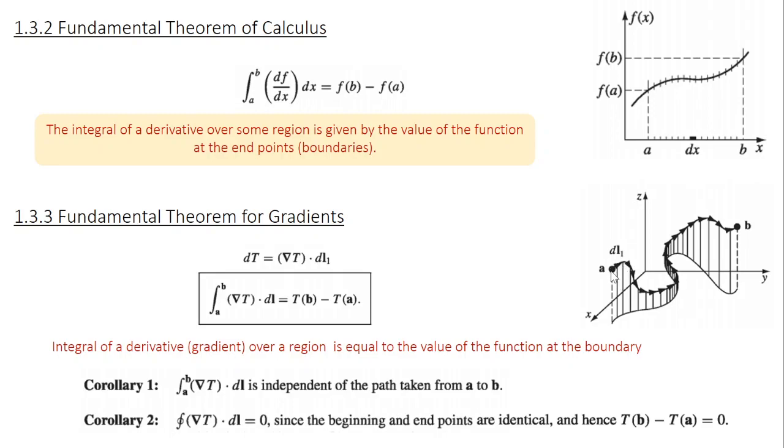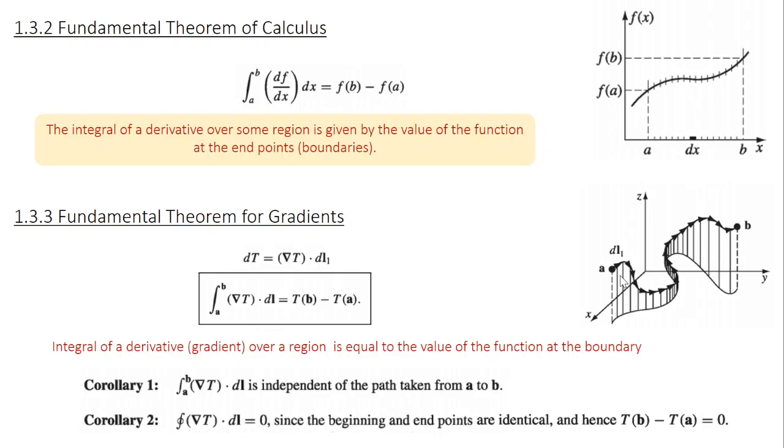Now at this point you take the product of the gradient of T and the displacement dl1. If you recollect the definition of gradient, grad T dot dl1 gives you the change in the function dT. In fact, the gradient of T gives you the fastest change in the function. So you calculate the change in the function for the first interval.